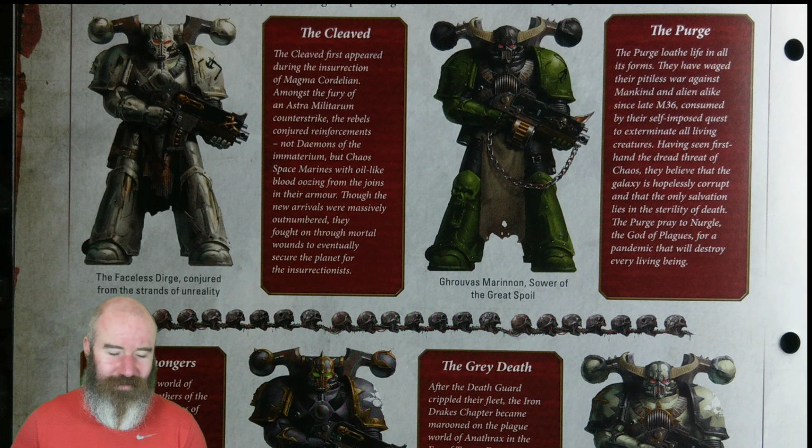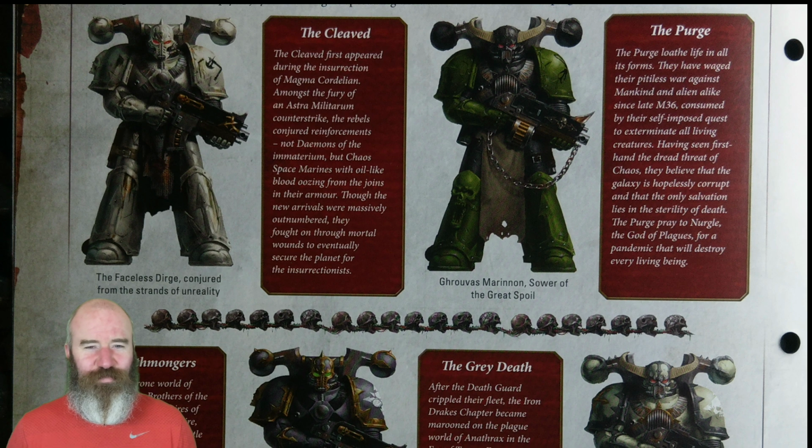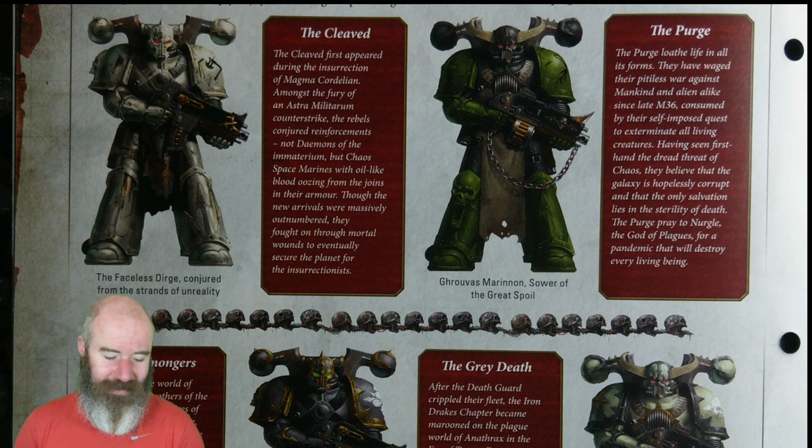You're going to wind up with some forces like that just want to wipe out all life. Oh, moustache twirling villains and stuff. But there is a rich, deep lore other than just that. You know, the person that came up with this renegade force here could be watching this